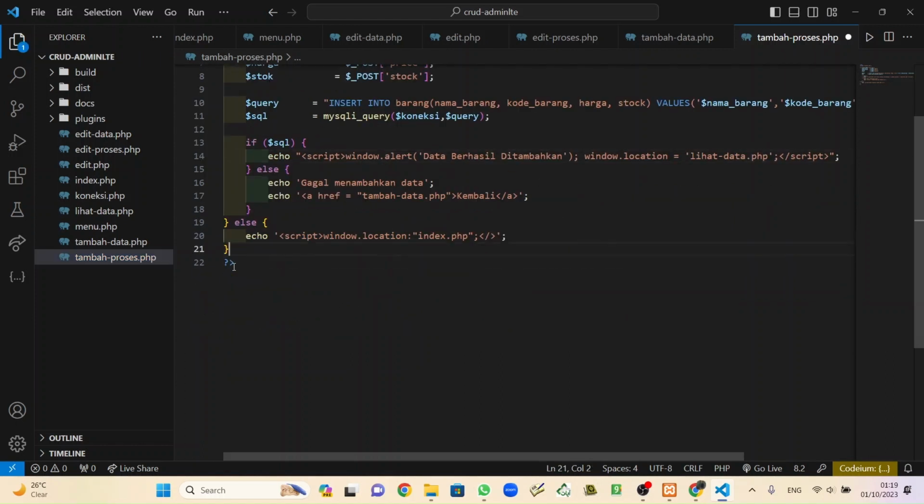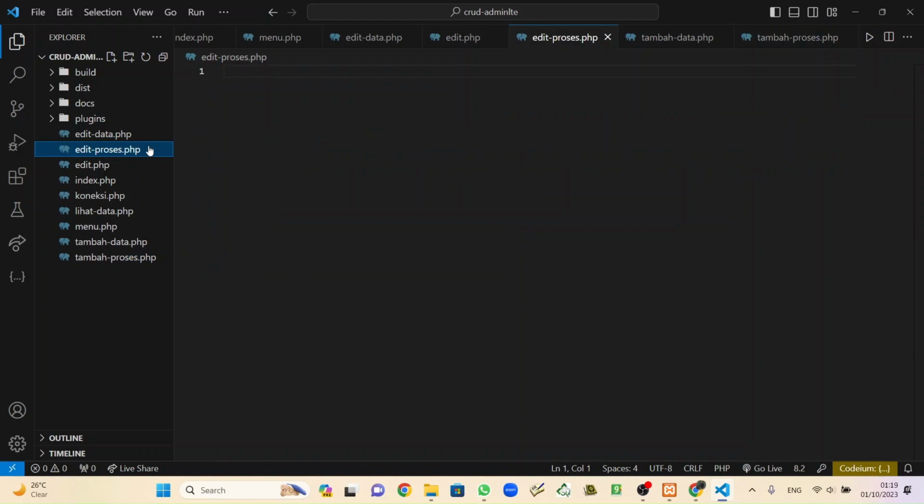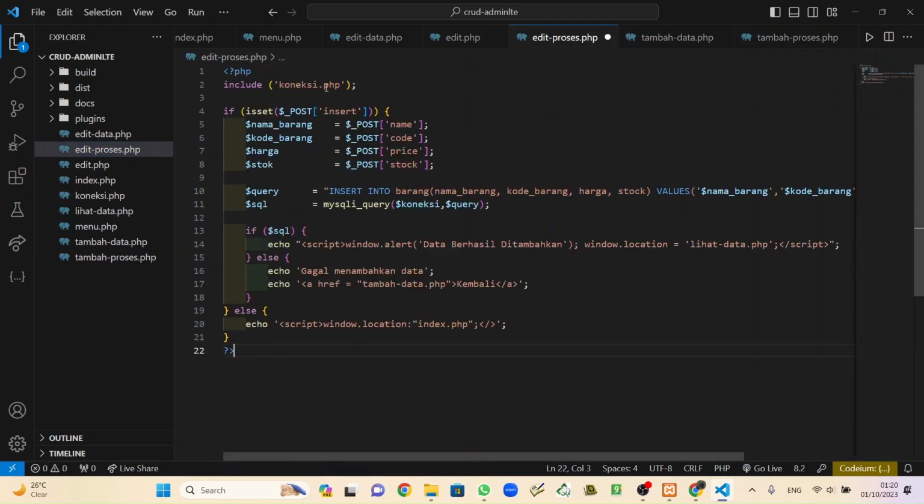So we will copy this. Control A, Control C, and edit process. Control V, connect, not insert but update.